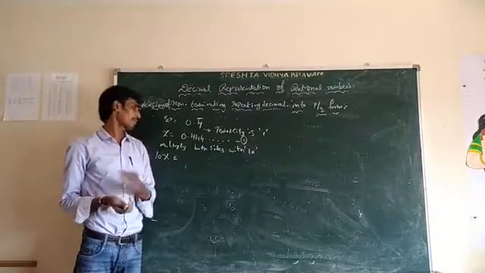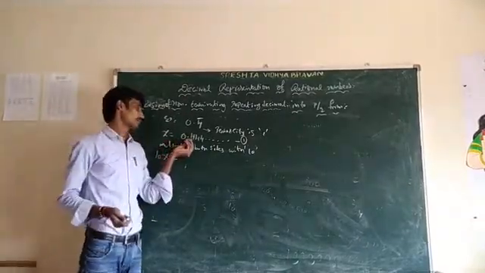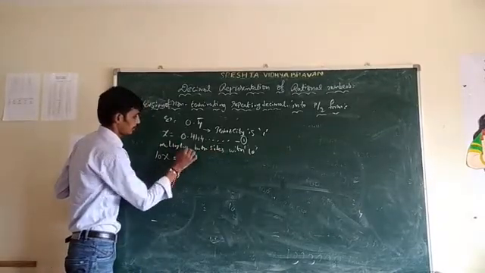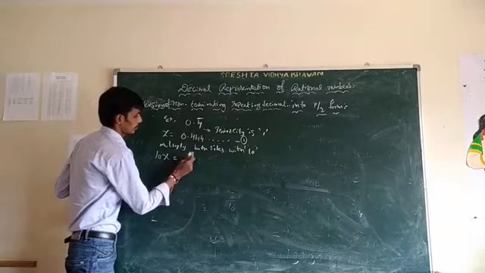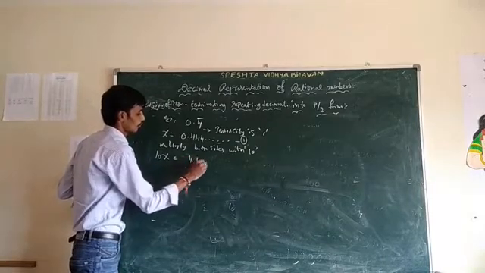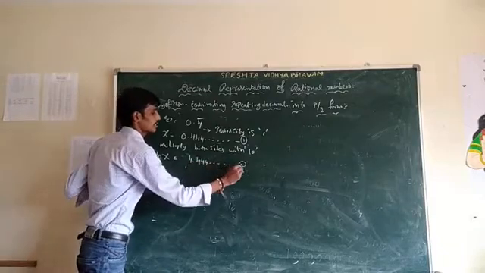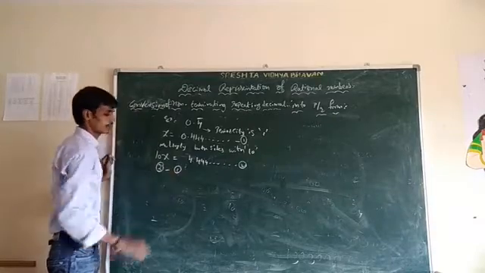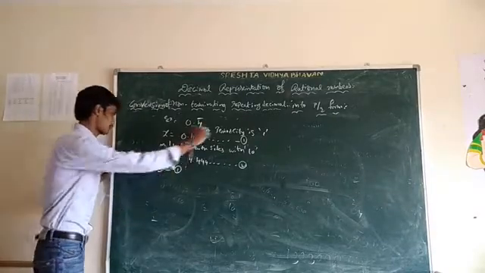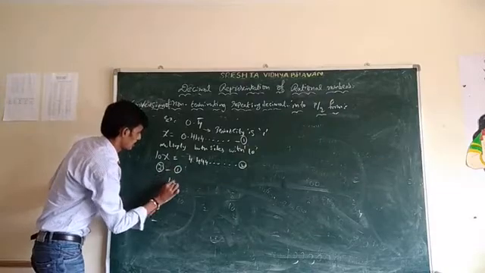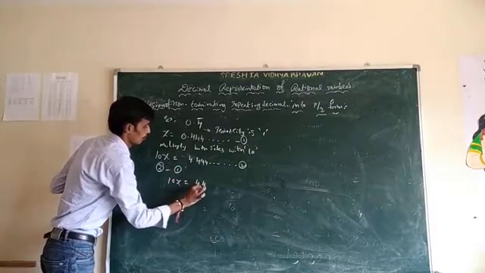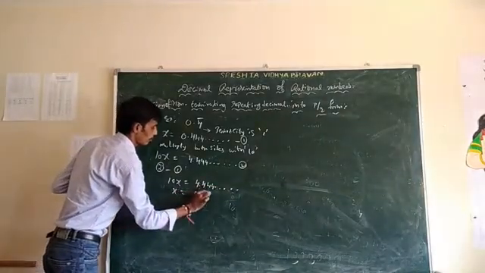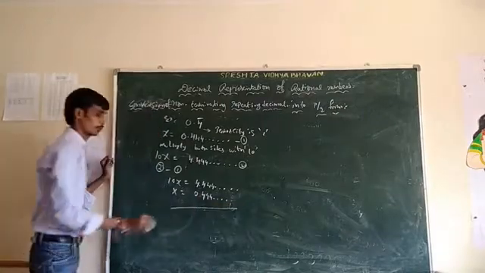When we multiply the decimal with 10, the decimal point moves one place to the right. So that means 4.44 and so on. So this is step 2. Subtract equation 2 minus equation 1. So 10x is equal to 4.444 and so on, and x is equal to 0.444 and so on.